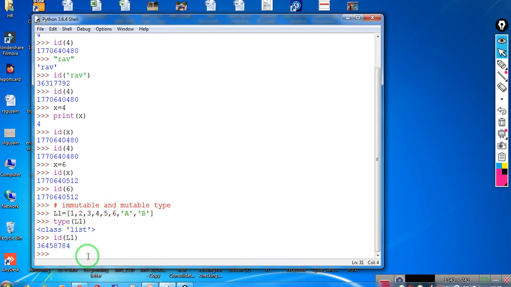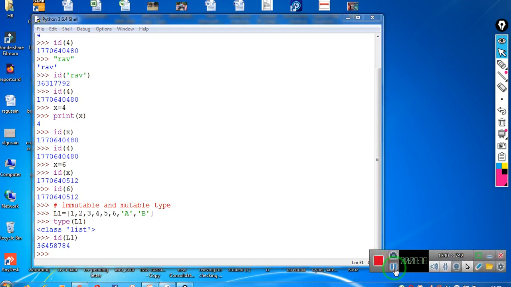Now suppose I want to change the value in place. Since I have already told you that lists are mutable types, mutable means you can go and change the value in the memory location.